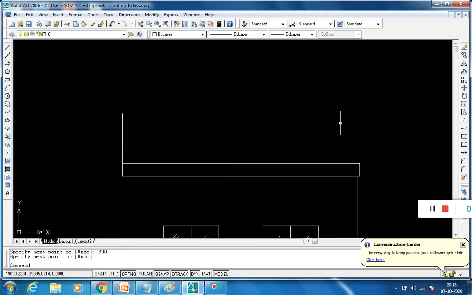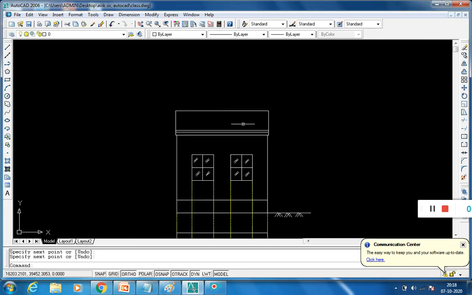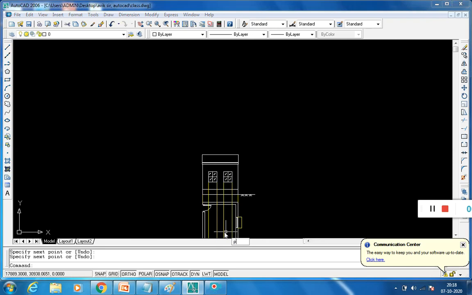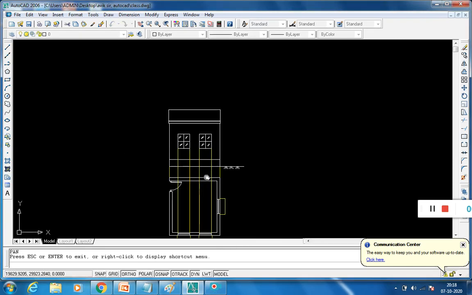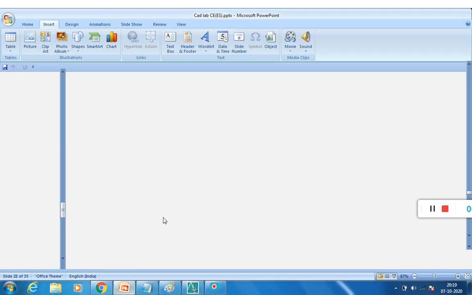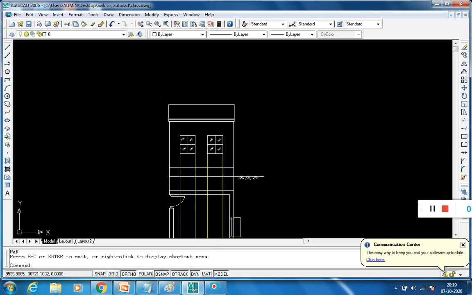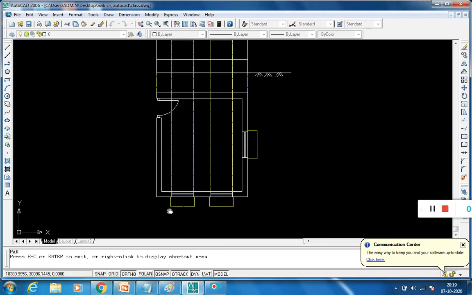Again the L command, use 900. Use the line command. So this is 50 mm.